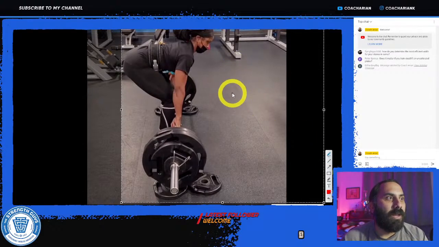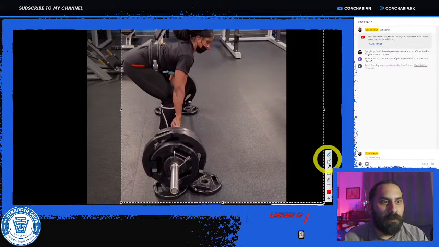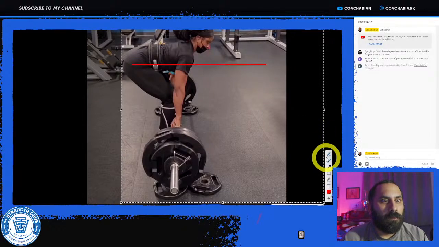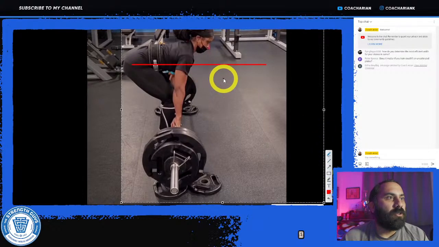A lot of people try and do something where instead of the hips being, let's actually undo that. There we go. Instead of the hips being here, they try and get their hips lower and torso more upright.